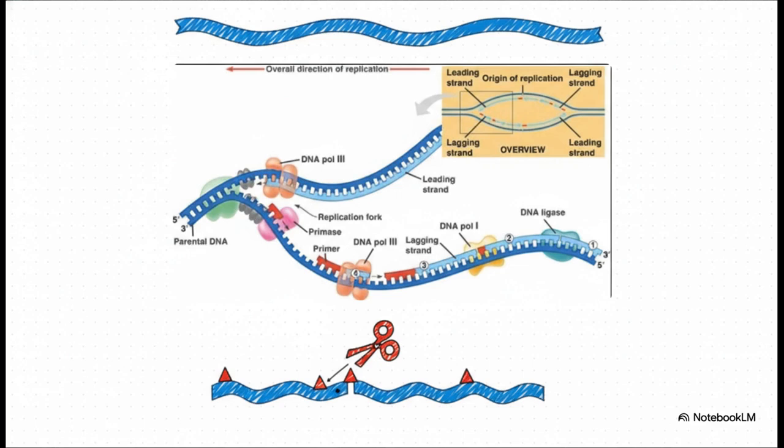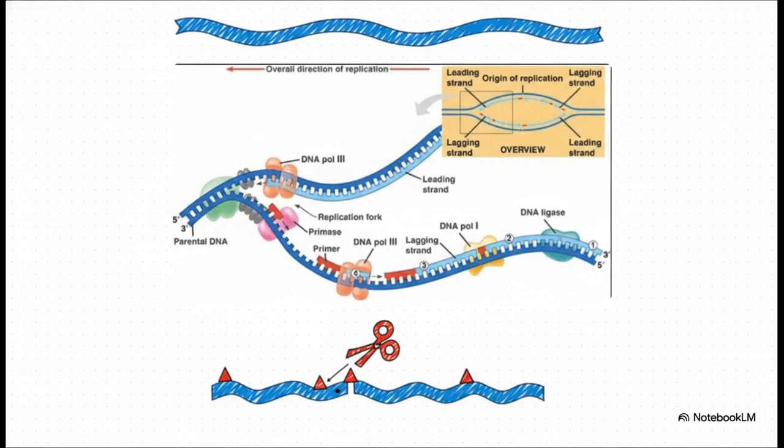To copy this strand, the DNA has to be looped out so the polymerase can actually build backwards, away from the fork, making these little chunks. Each one of those chunks needs a brand new primer to get started. And later on, another enzyme called DNA ligase has to come in and stitch all those little pieces together into